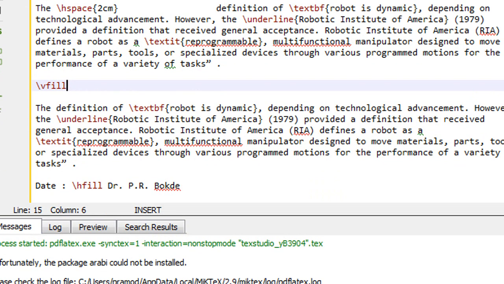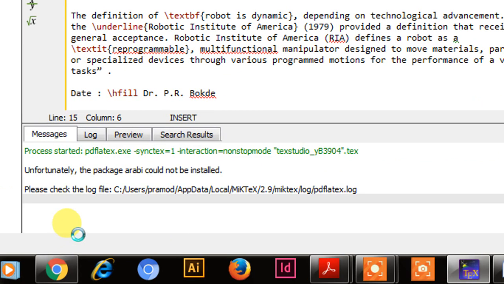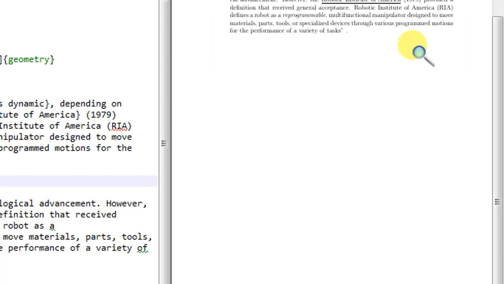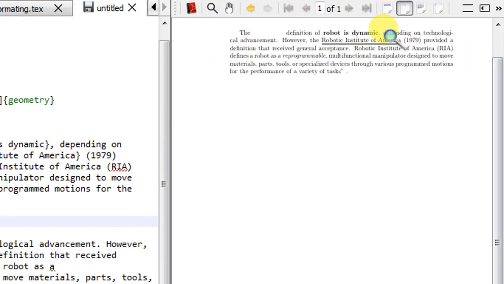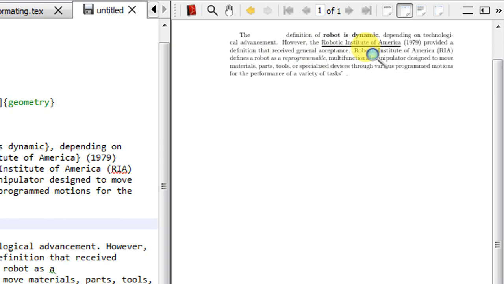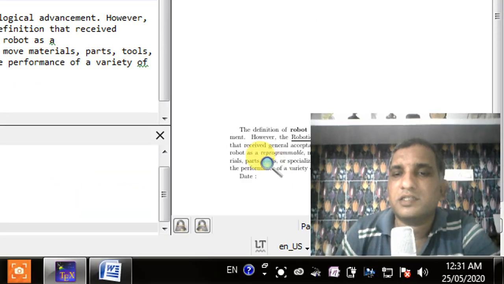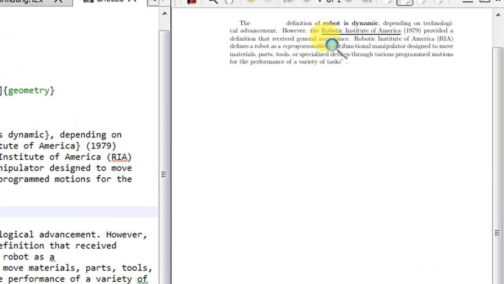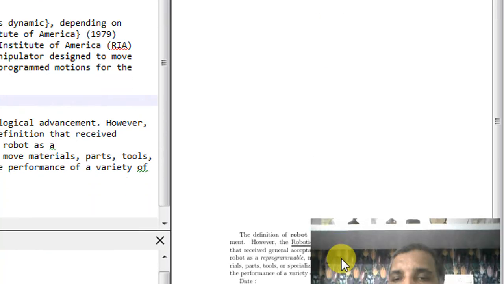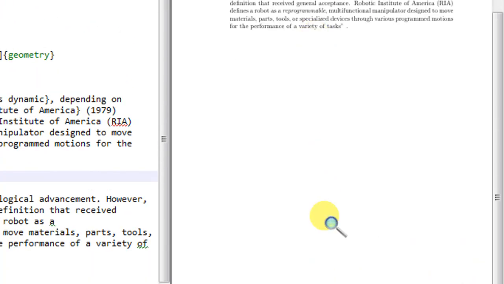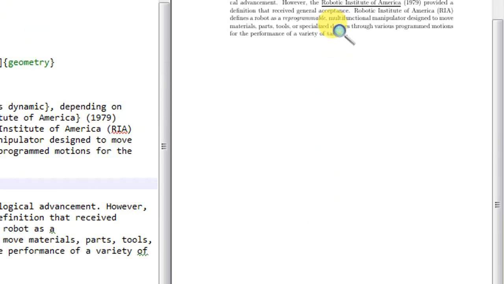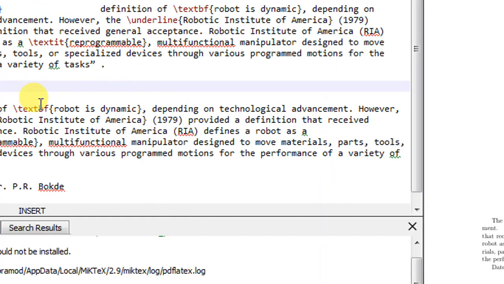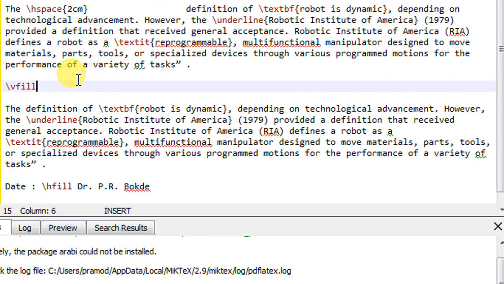Let the compilation complete, and if you see here, the first paragraph is displayed on the top of the page, the second paragraph at the bottom, and between them the space is filled with white spaces. So this is all about the spacing.